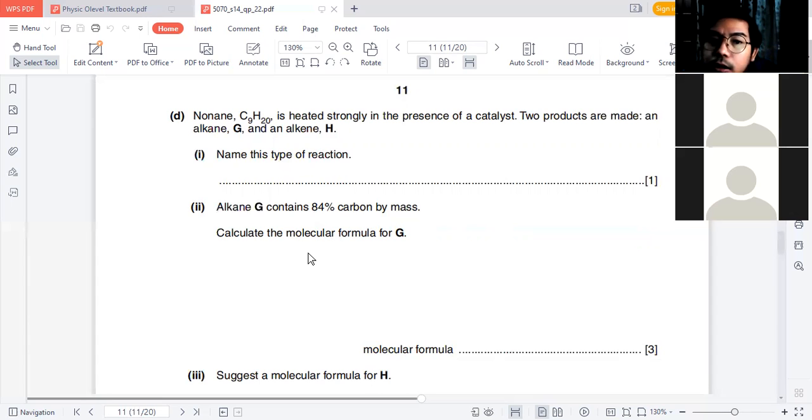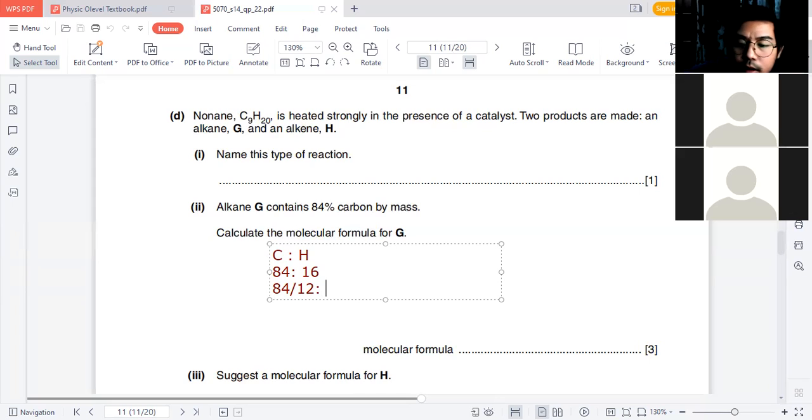Carbon is 84, and hydrogen is 100 minus 84, that would be 16. Now, from there, you have to divide everything by the AR, 12 for carbon,